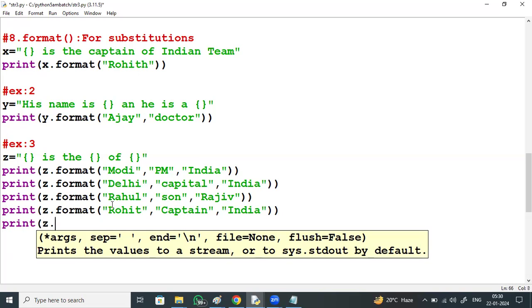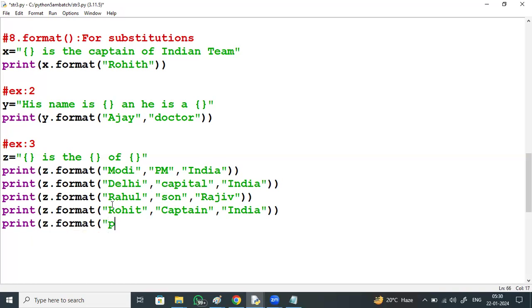Z dot format: Python is the most popular.